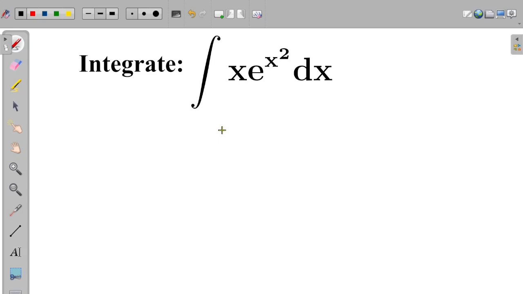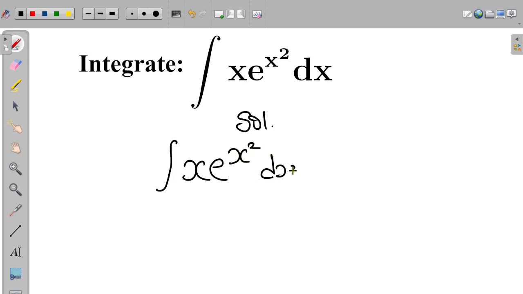Hello everyone, we are asked to integrate x multiplied by e to the power of x squared dx. So we have the integral of x multiplied by e to the power of x squared dx. At this point, in order for us to integrate this function, we look out for a way to